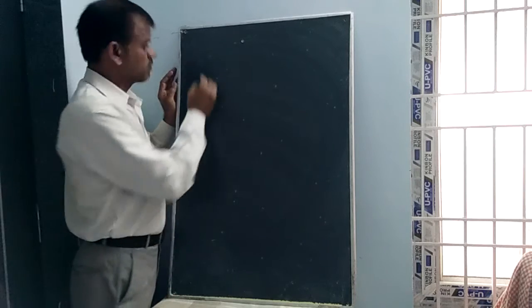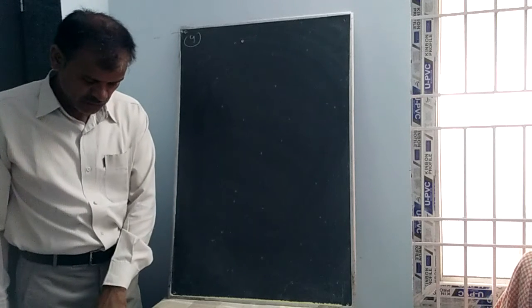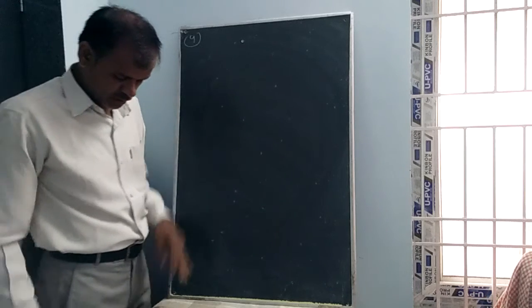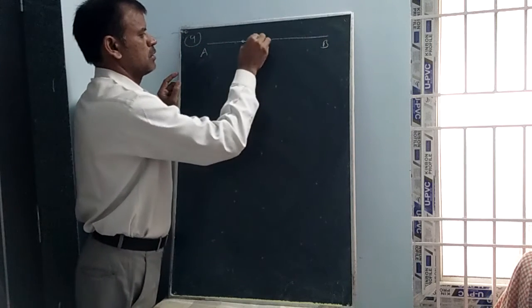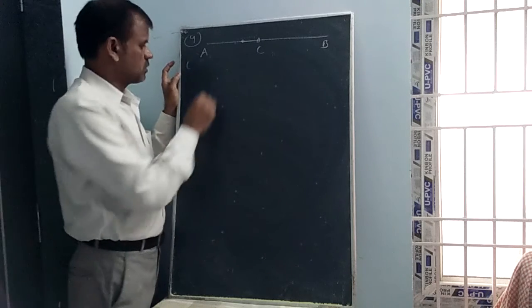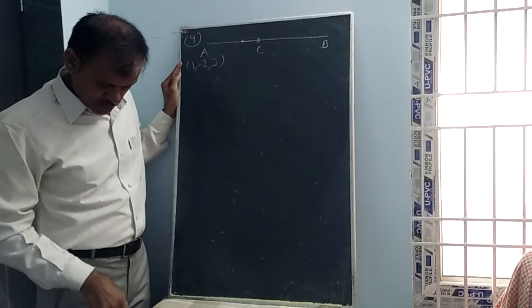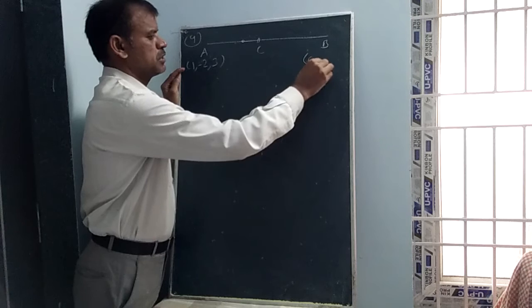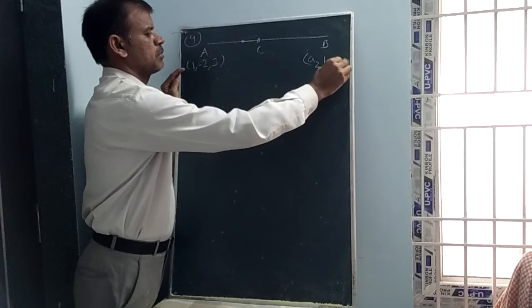Now let us see the 9th question. A point c bar equal to 5a plus 4b minus 5c by 3 divides the line joining the points A and B. Draw like this. This is A, this is B, and this is C. A is i minus 2j plus 3k, that is 1 comma minus 2 comma 3. And B he did not give. Let us write it here as a2 comma b2 comma c2.